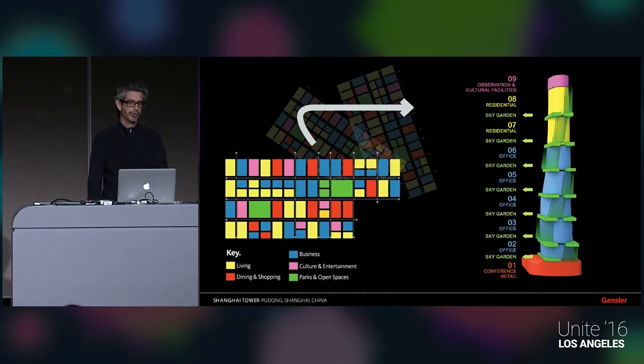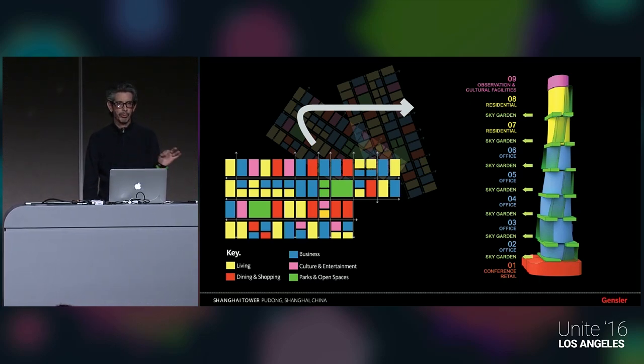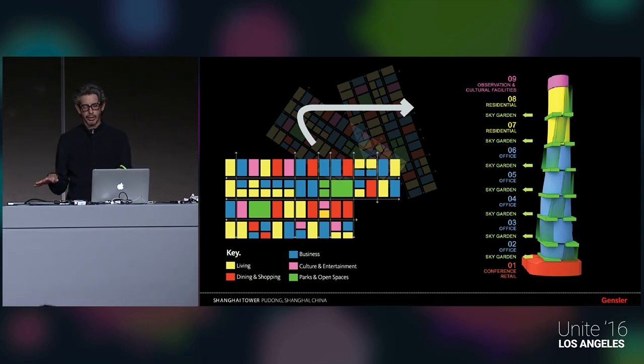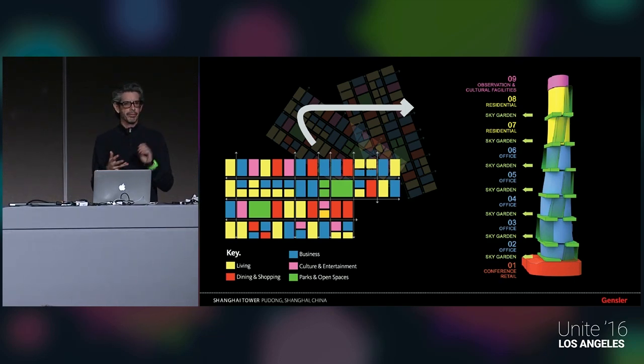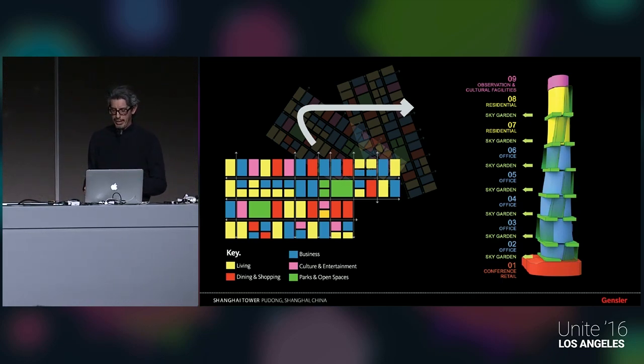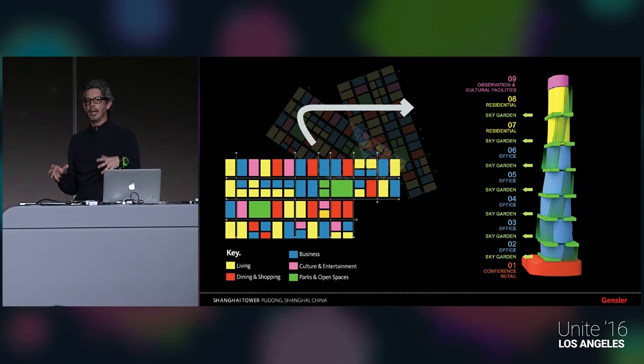It is a vertical city. It is self-contained. It can power itself. It can put power back into the grid. It's got wind turbines and photovoltaics. It's a beautiful piece of architecture, right? But it was an answer to a problem, a question that hadn't been asked, and that's where game engines are